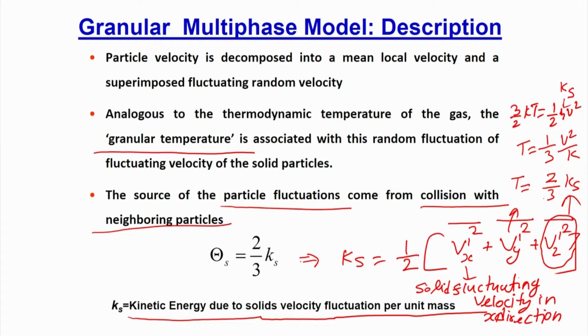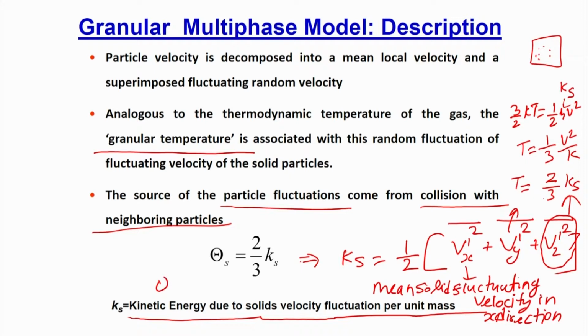Suppose in a small cell there are 10 particles. You take the fluctuating velocity of all the particles, square them and then add them. So, it is the mean solid fluctuating velocity in the x direction, the mean solid fluctuating velocity in the y direction, the mean solid fluctuating velocity in the z direction; you take the average altogether. That is the way the Ks has been defined, and theta is nothing but 2 by 3 of Ks,